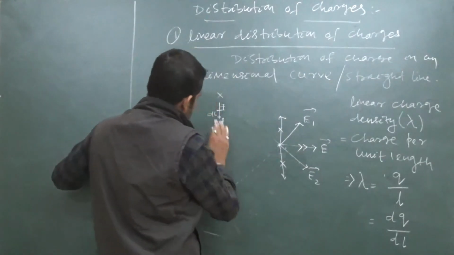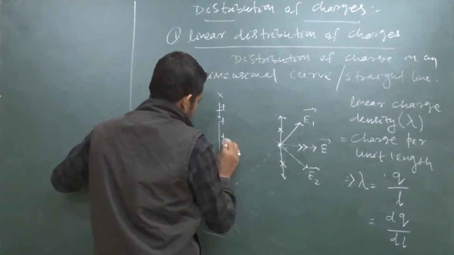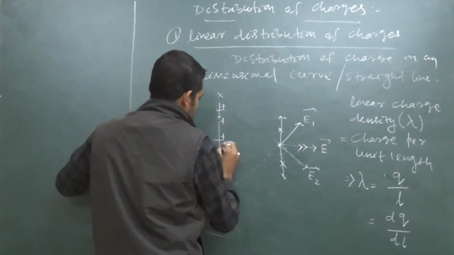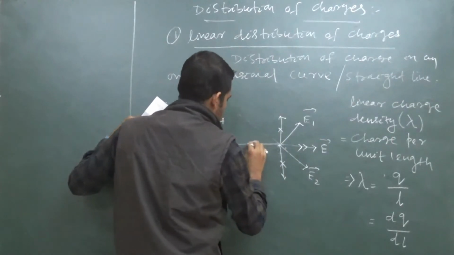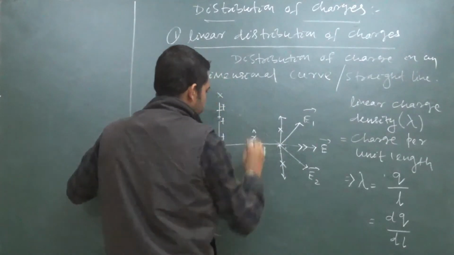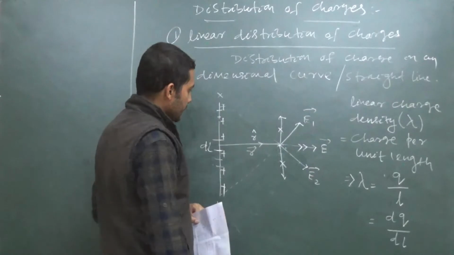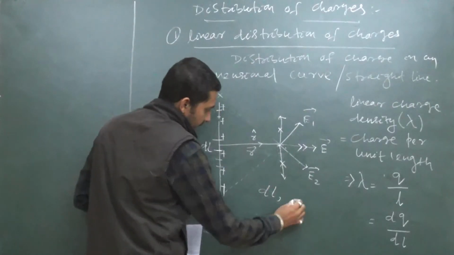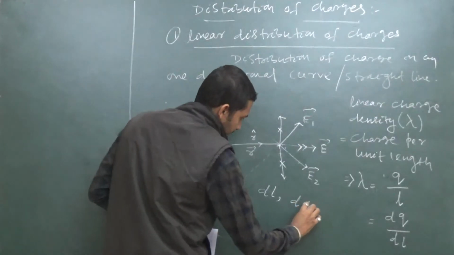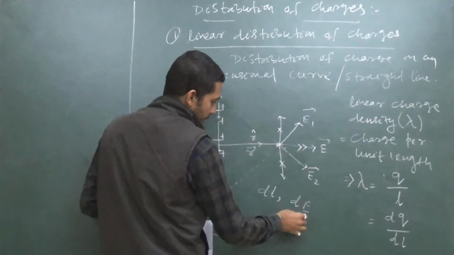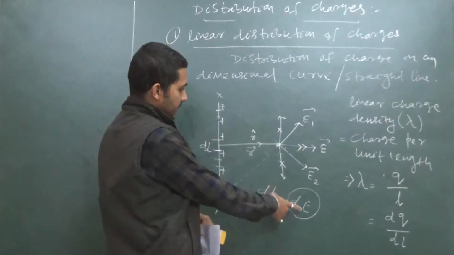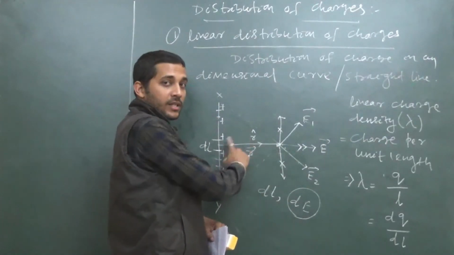Let us consider the concept here. Let us say you are talking about a small element dl, at position r vector, so it must contain r cap. For this dl, the electric field produced at this point is very small, so it can be written as dE. And when the electric field acts on it, it also applies a force on it.